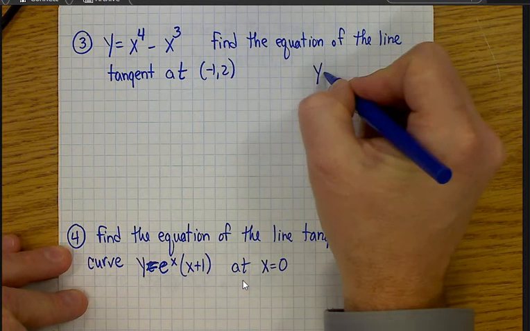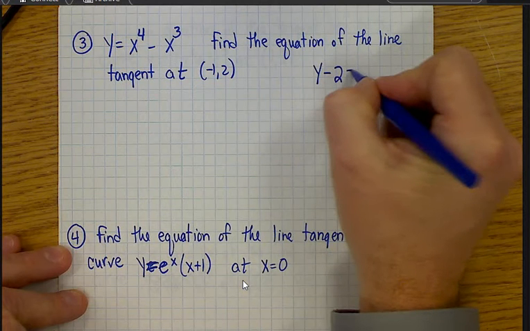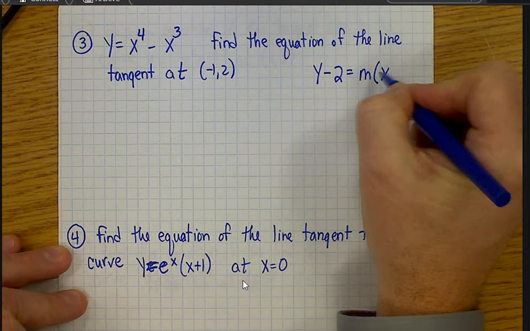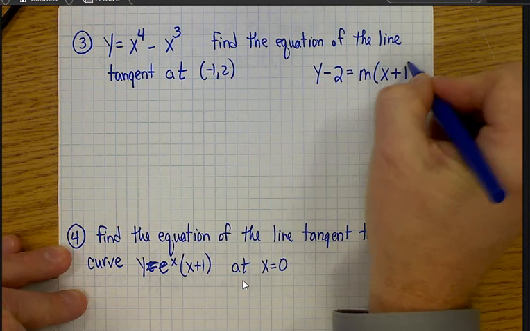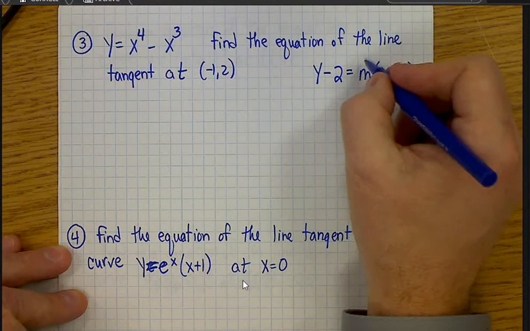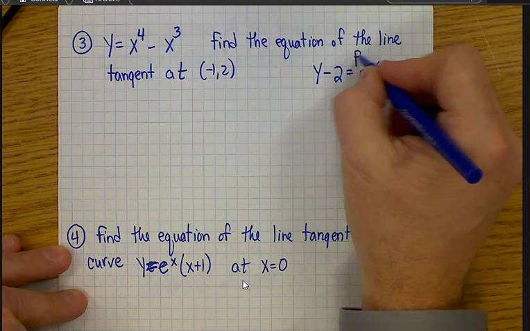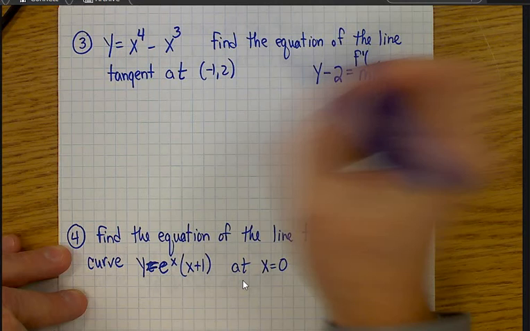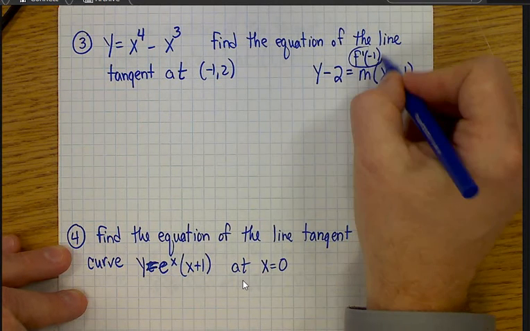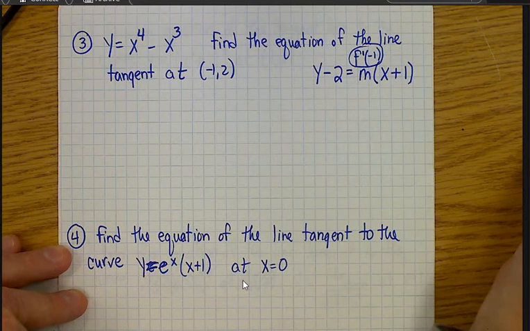Y minus the y coordinate, which is 2, is going to equal m times the x minus the x coordinate. So x minus a minus 1, so that's x plus 1. All I need to do is find out what m is. And remember, m is going to be the derivative of my function evaluated at the x coordinate, which is going to be negative 1. Okay, so this is really what we have to find. We plug it in, we finish. So let's go ahead and